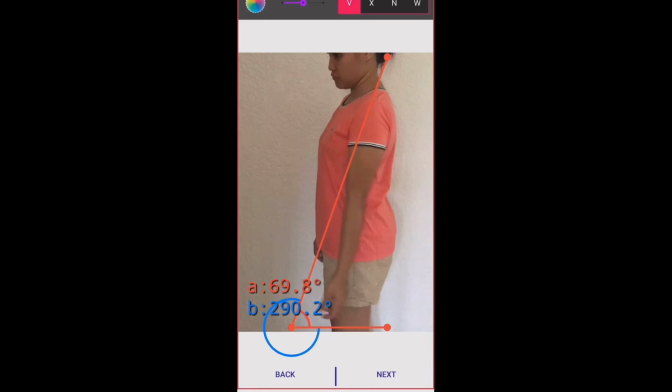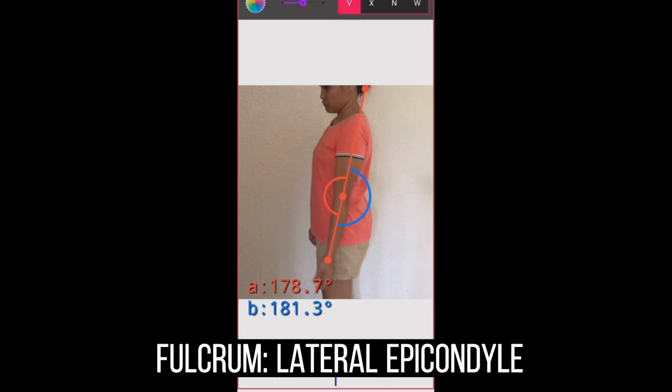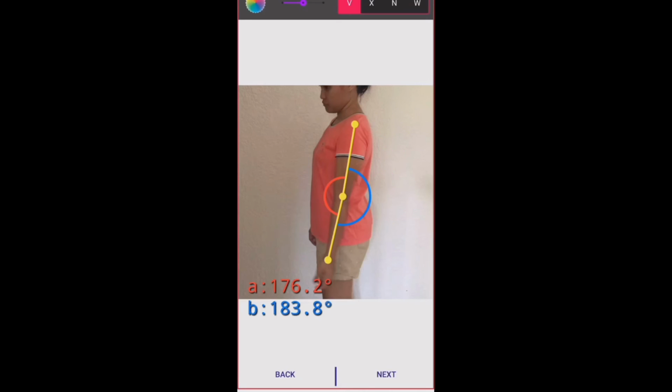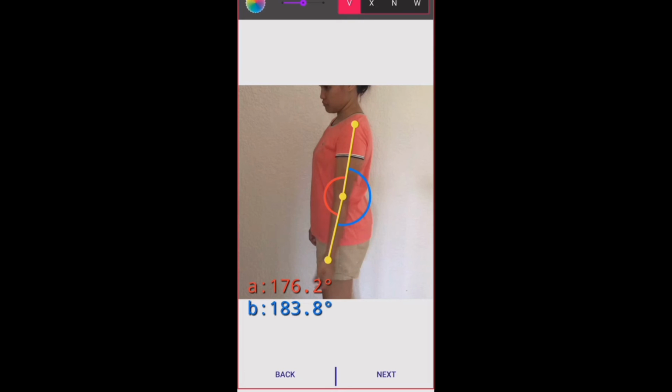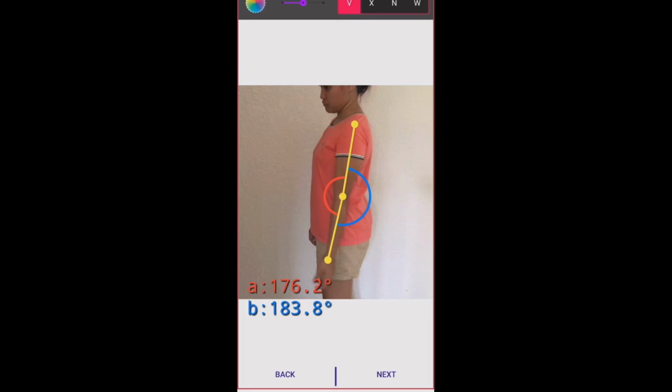Just zoom in the picture and then point it to the landmarks. So fulcrum, and then let's change the color. We have here the proximal arm, the distal arm, and then we got 176.2. Then we just subtract it from 180. So just click next.